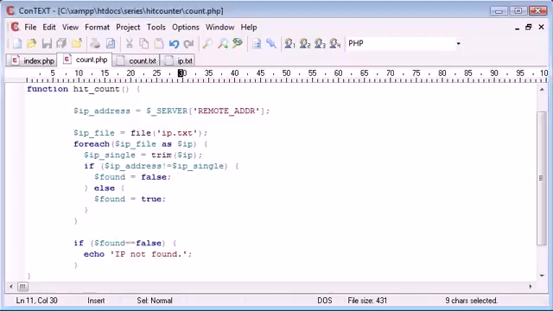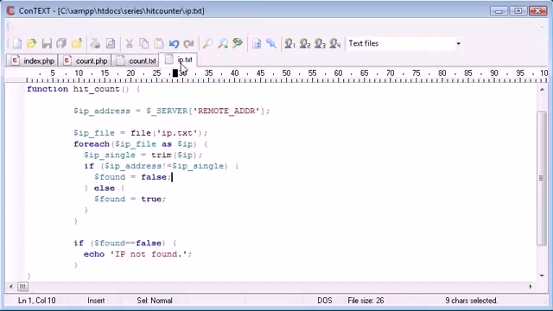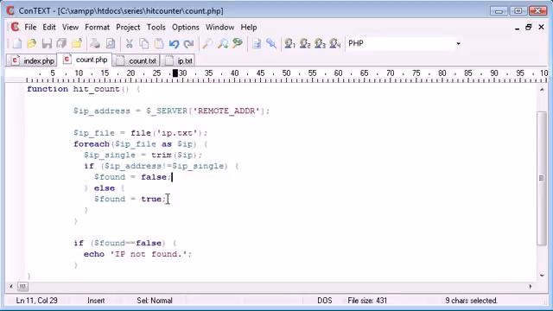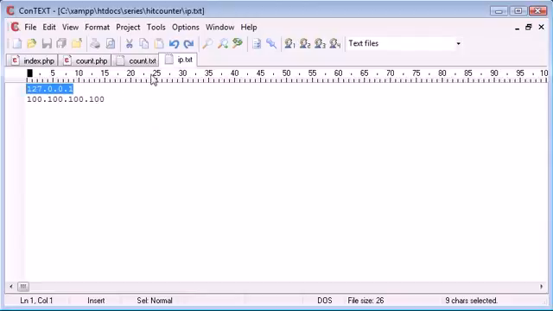Right, okay, I think I've sort of worked out the problem. Now, I'll tell you why this isn't working first of all. I've had a little look at it, and I've sort of worked out what's wrong. So, what's happening is because we're looping through every IP address. First of all, we're going to set the boolean found, the variable found, which is a boolean, to true. And then what we're going to do is